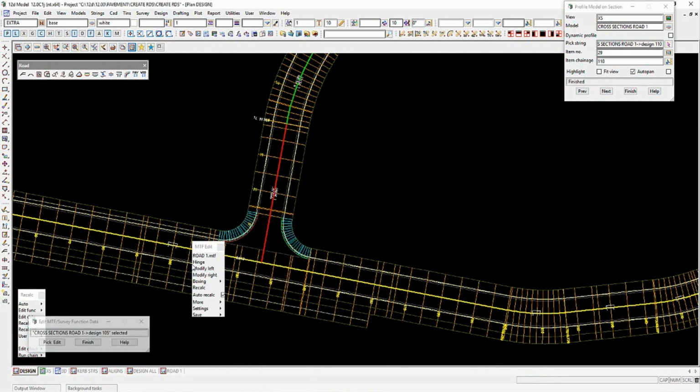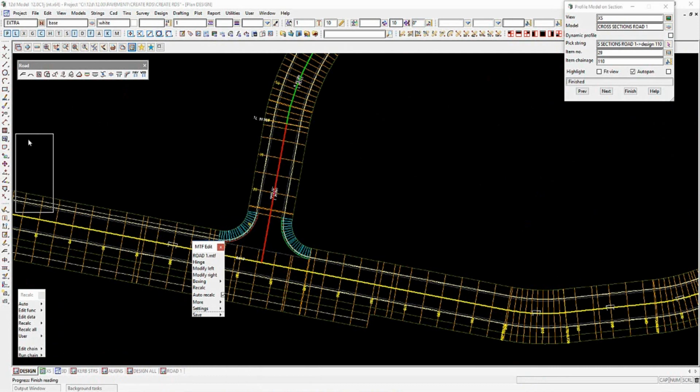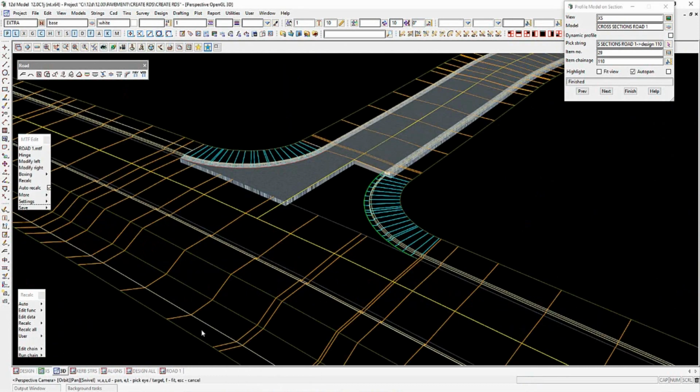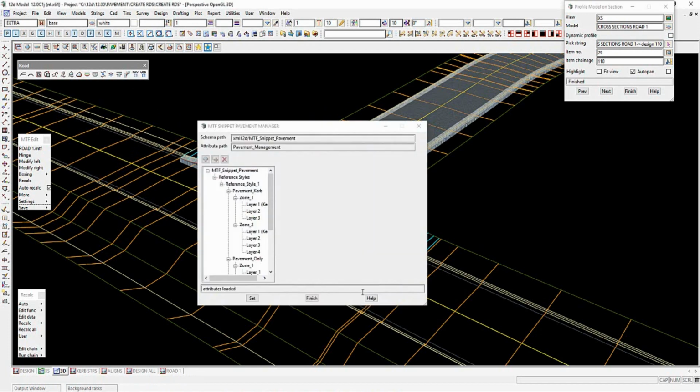So bring up the MTF file for road number 1. Some of the roads have already had the pavement ran in the MTF via a snippet. This road here and the curb return. We're just going to look at the roads that are here and go through the process. So again, the snippets use the pavement attributes. So under the road toolbar, I can select the